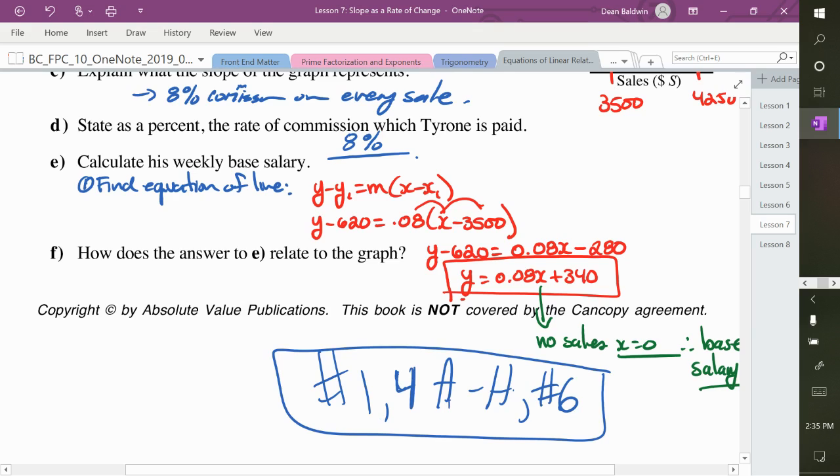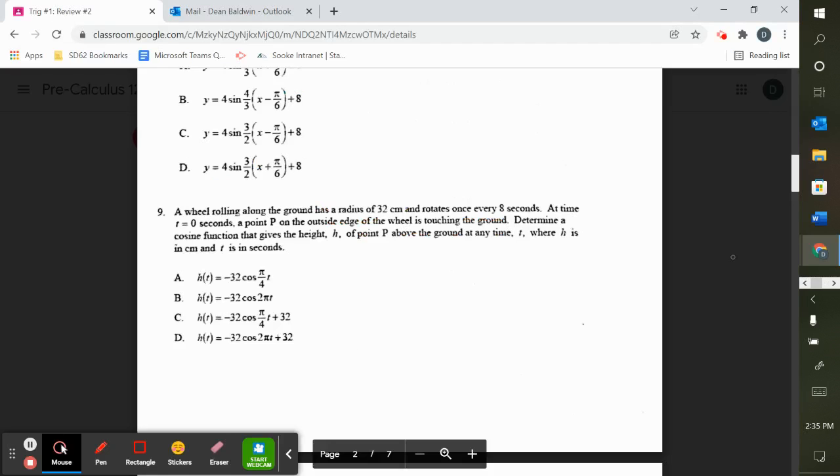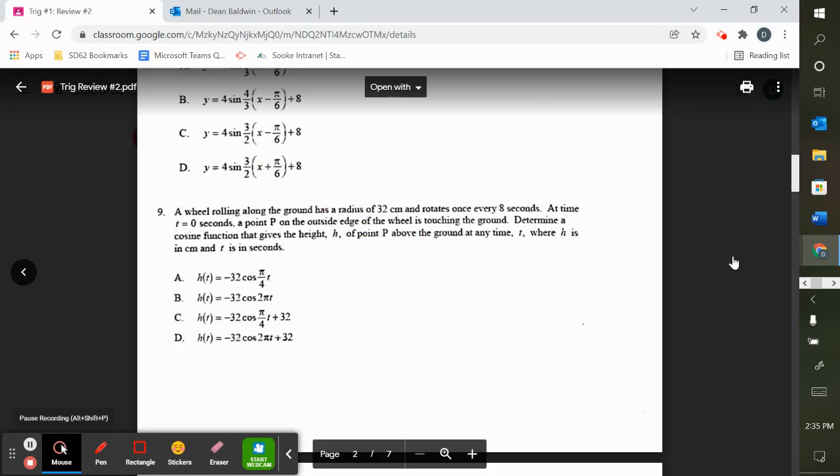Number 148H and number 6, please. And that is it for the unit. Once we've done those, I will give you